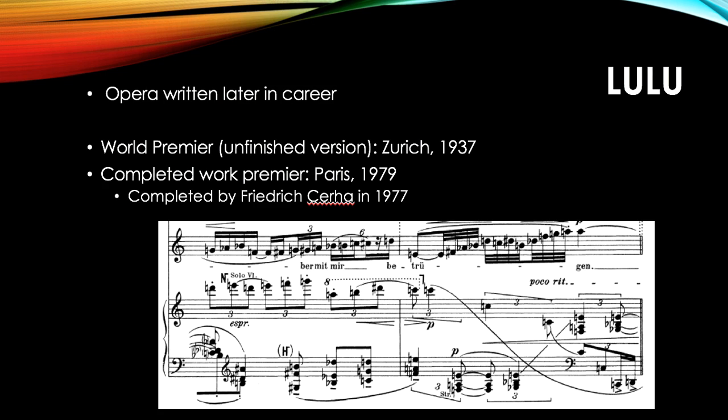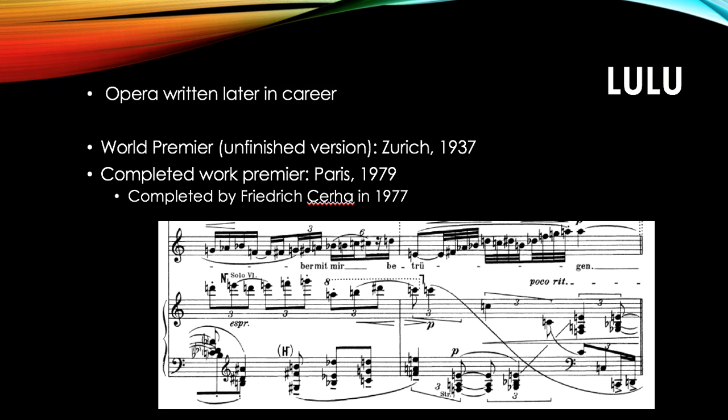He worked from mid-1929 to spring of 1934 on completing a short score version of the opera and then began orchestration. Berg never completed the final and third act of the opera. Some say that Schoenberg was asked to complete it, but he refused. It was almost 20 years since Berg had studied with Schoenberg, and their styles had developed very independent of each other. The piece was premiered as an unfinished work in Zurich in 1937.